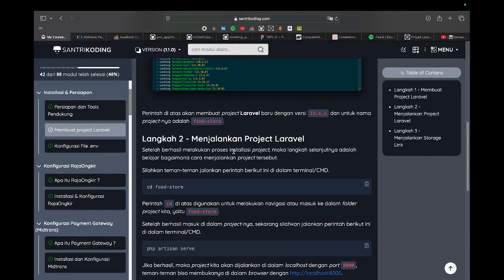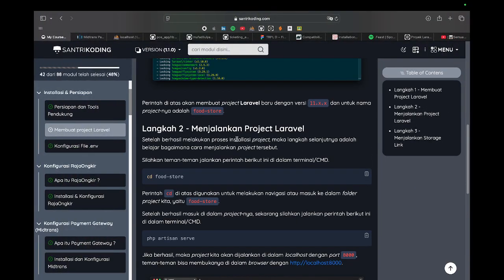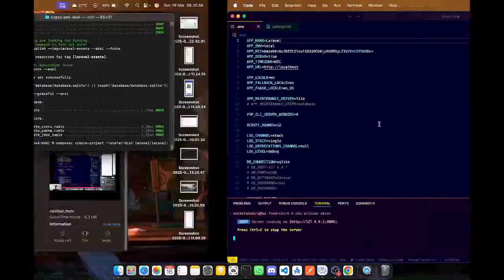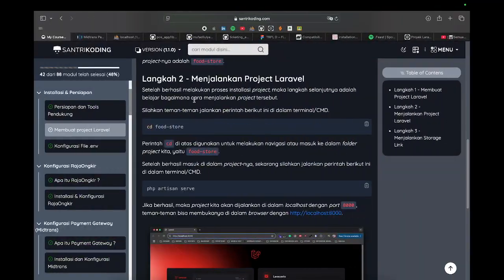Next, after that we try to run the Laravel project. If you use the same terminal, after you make this, you jump into your folder, just write cd food-store, or your project name, like that.